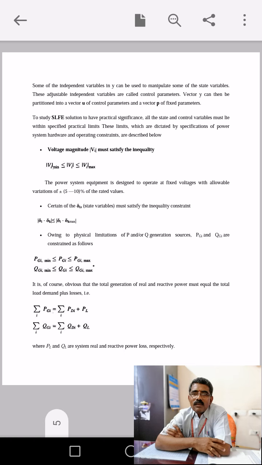Sometimes you may get very high values or very low values which are not acceptable. So you should see from the data, let us say the voltage at a bus cannot be less than a certain value, likewise it cannot be more than a specified maximum. We should check whether the voltage is falling within these minimum and maximum values. Likewise the Pi and Qi, that is the real and reactive powers.